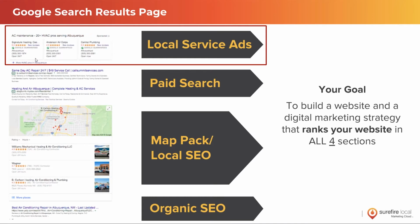Nonetheless, your goal should be to build a website and a digital marketing strategy that ranks for all three of these web sections. So ideally, you want to be covered in paid search, in your local pack, and in your organic search engine optimization. Now, recently, Google threw us a curveball,